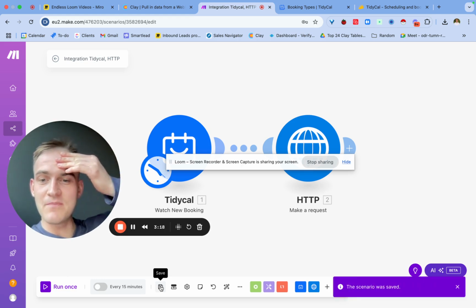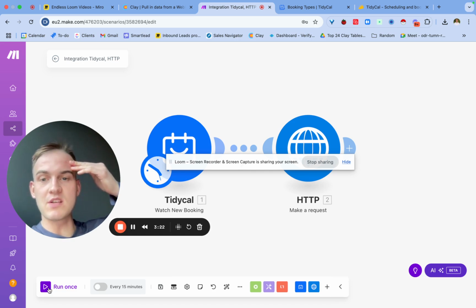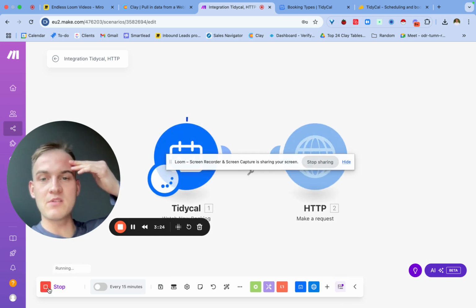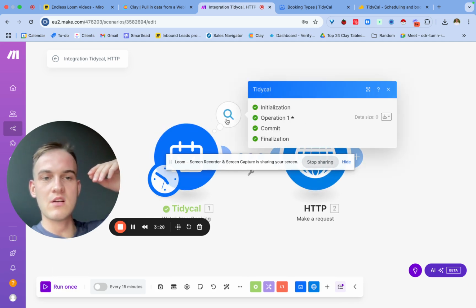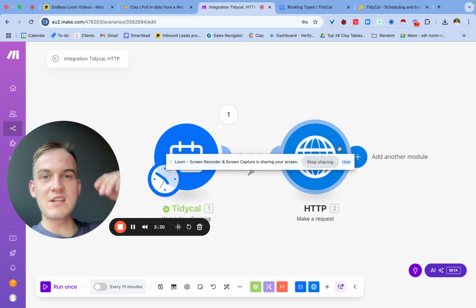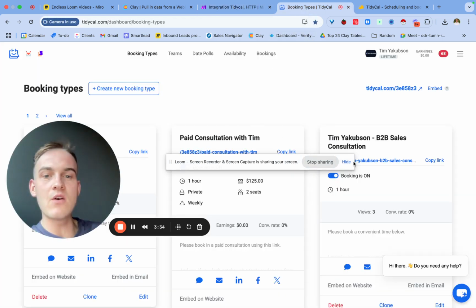So essentially, you click on save. At that moment in time, we're just going to click on run once, and we're going to see what happens. At this moment in time, because we have no data, obviously it says 1 over here, but no data gets transferred. So in order for us to actually test out this entire workflow, we need to go into TidyCal, and